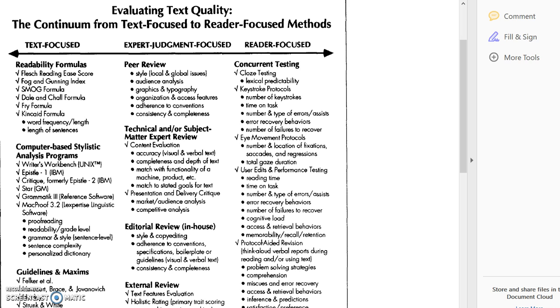First, I want to talk about the type of testing that you're using. So we want to do text focused, expert focused, and user focused. That was not clear enough, I think, in the instructions. Some of you did include it in your test plan, and some of you did not. So rather than go back and add this to your test plan, just make sure that you include it in your results.